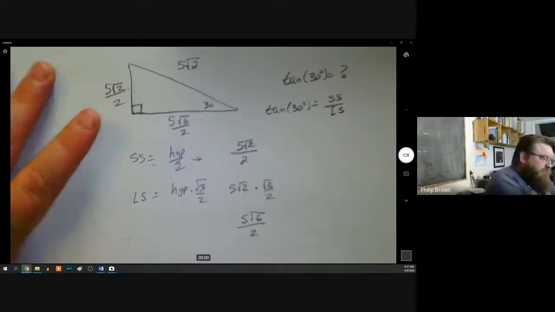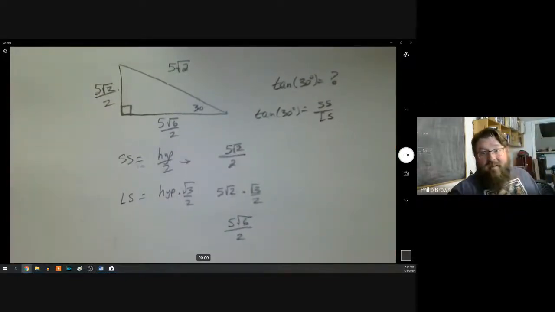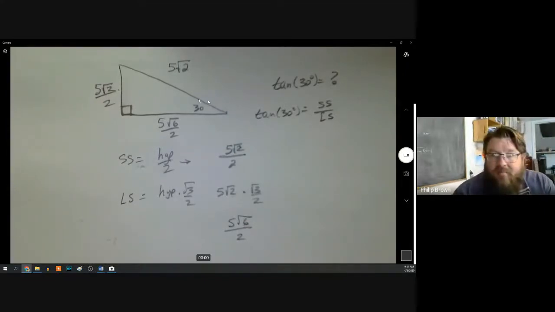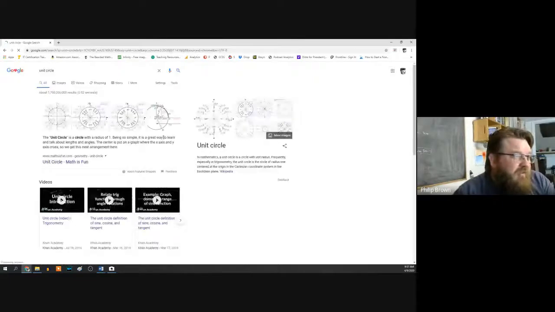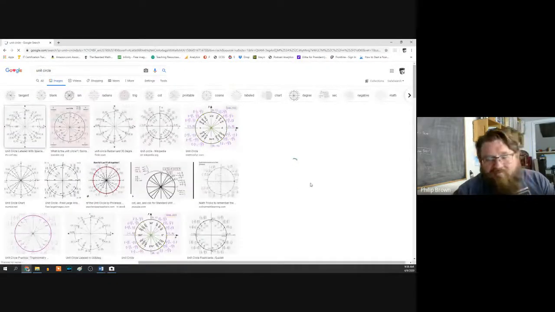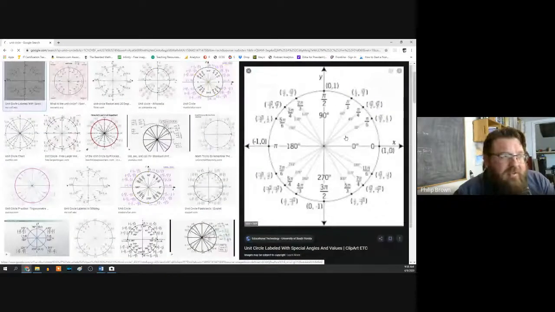All right. So now, tangent of 30. You're going to have to know square roots, by the way. And here, let me show you why. Watch. You guys can see that, right? One of the things in trig that we're going to be dealing with is this thing called the unit circle. And the unit circle shows you sine, cosine, and tangent of all of these. There's a few basic angles that we have to know, like 30, 45, 60, 90, and then multiples, like